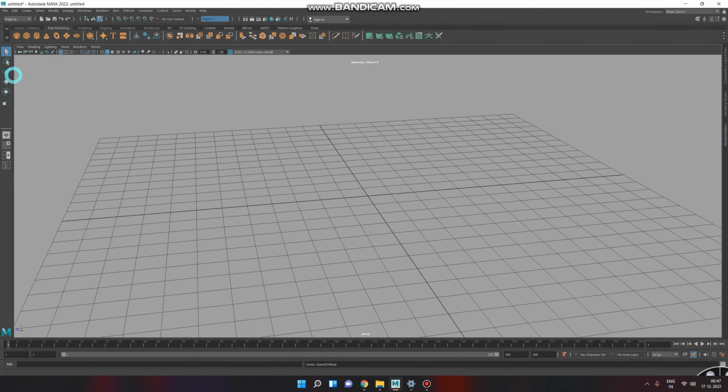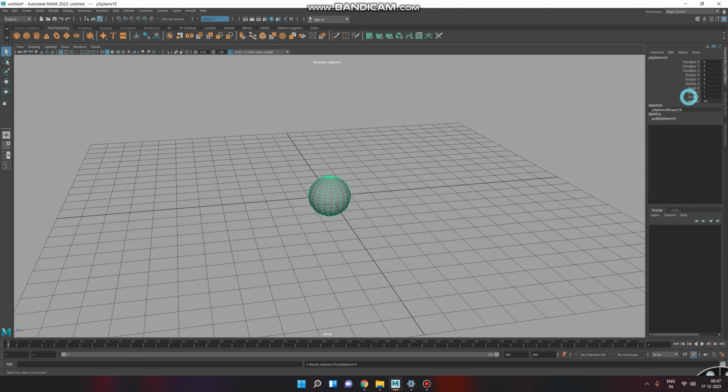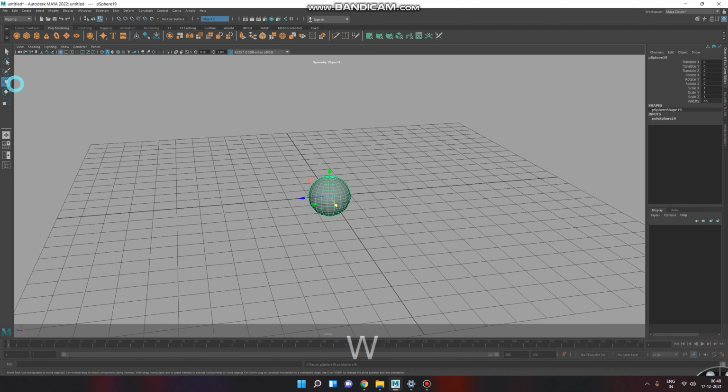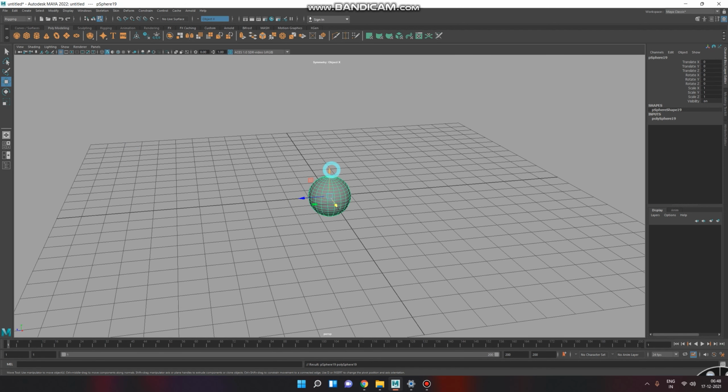So let's bring one object. This is the polysphere, this is a cube, and just hover on it to see what it does. See like that. So let's bring one polysphere. Now this is the channel box or the layer editor. Just press W for the movement of this polysphere,